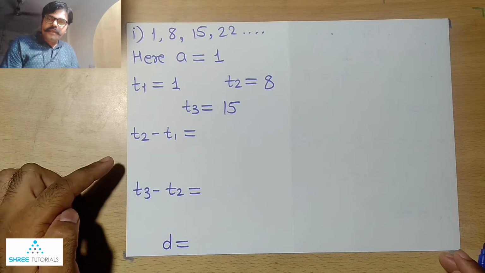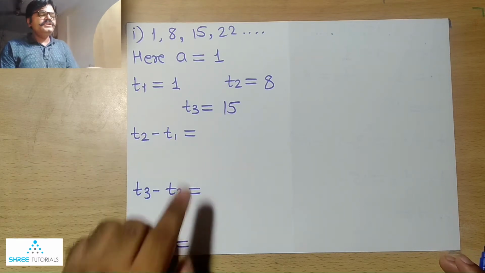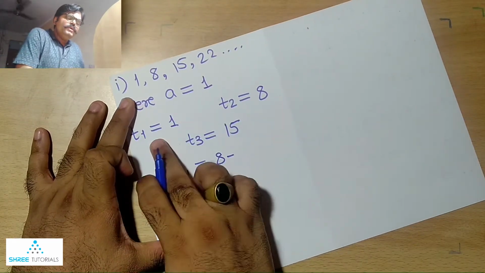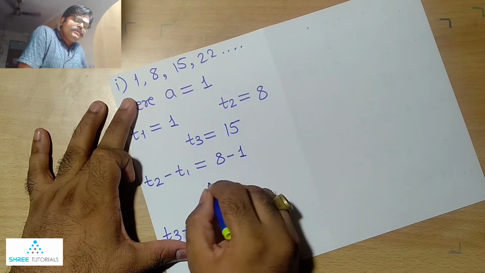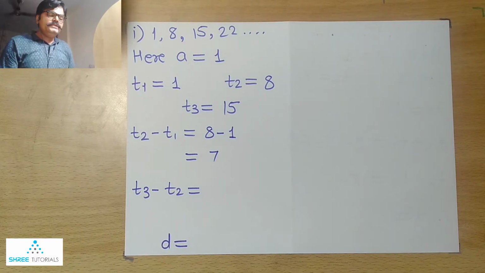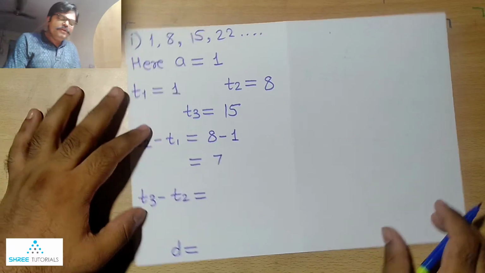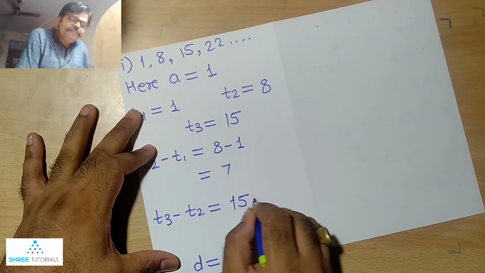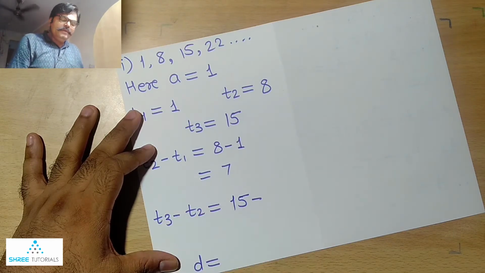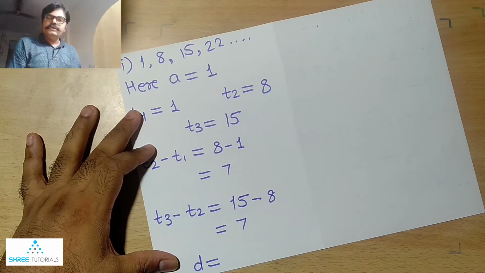So the next term we have mentioned is actually T2 minus T1. What is the value for T2? T2's value we have got to be 8 and T1 was 1. So therefore 8 minus 1, that we can have to be 7. Similarly, T3 minus T2. T3's value we mentioned earlier was 15. So this 15 I am mentioning over here, 15 minus T2. T2, that means the second term from the arithmetic progression, that means 8. So 15 minus 8, that must be equal to 7.